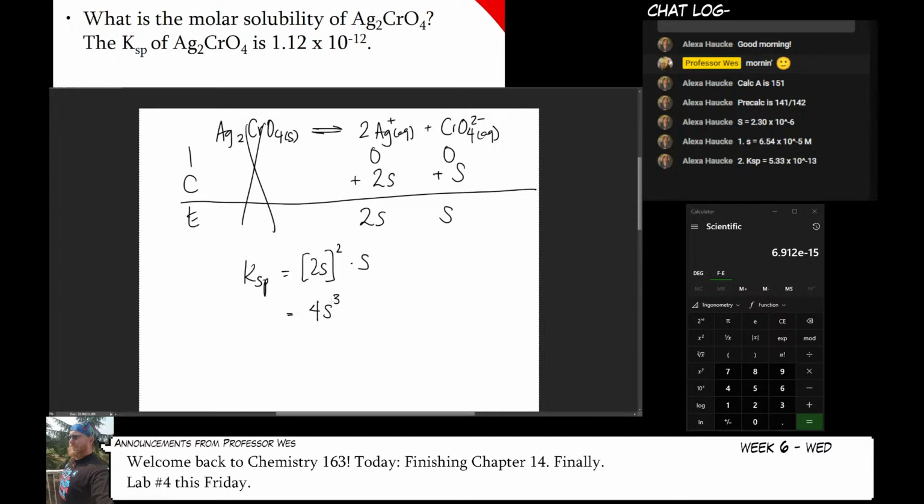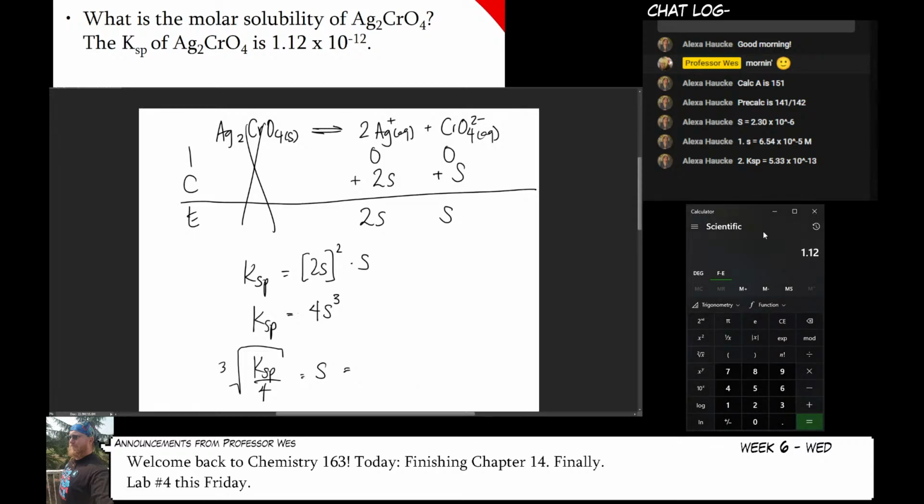So there's our equation for KSP. It's going to be 2S quantity squared times S, so all that makes 4S cubed. That's KSP. So KSP over 4, cube rooted, will be our S, which should be,